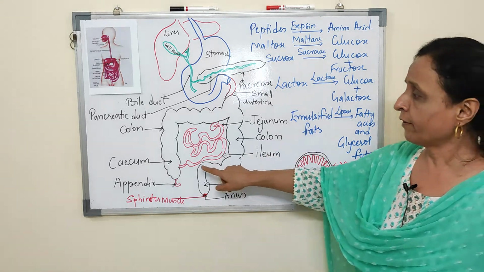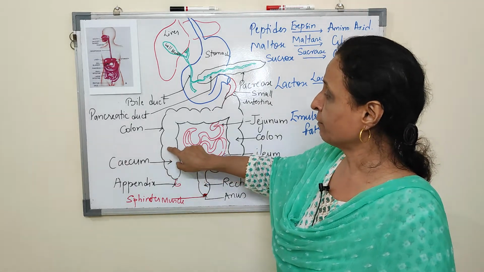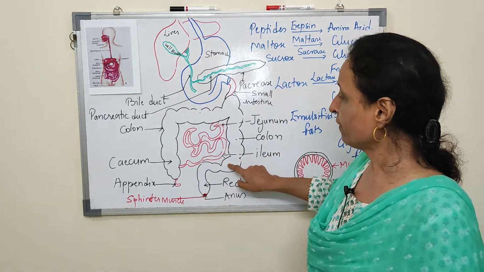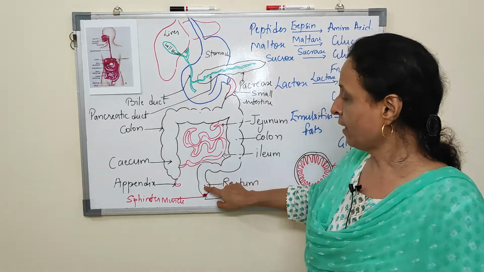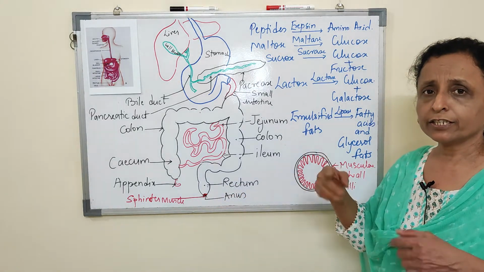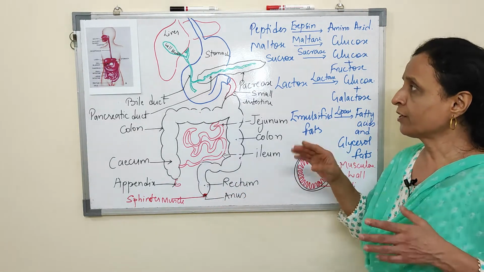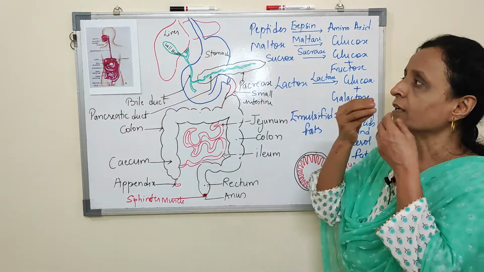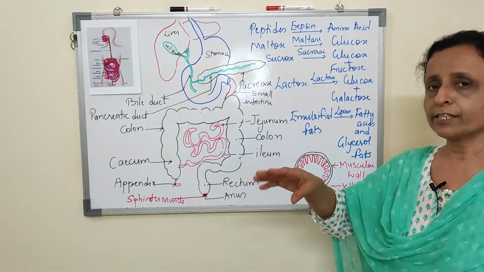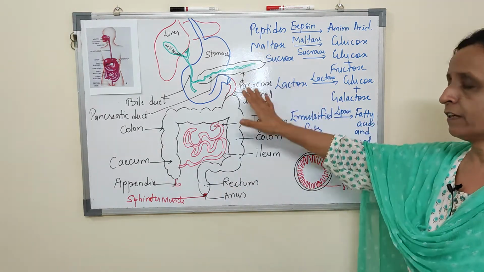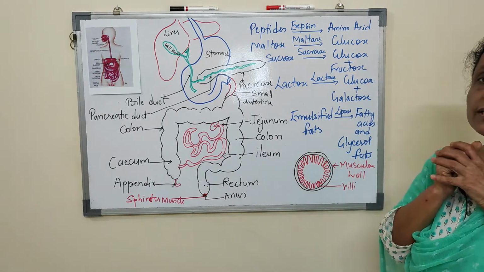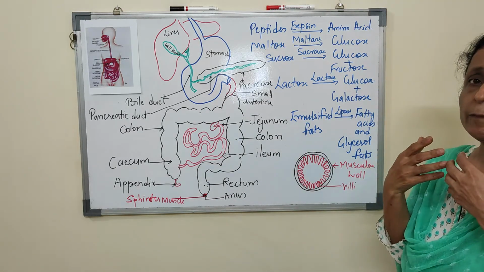And here after absorption, here it comes into cecum, colon, here the absorption takes place, and then it comes into the rectum, and then it is thrown out through the anus. So the egestion takes place. Egestion takes place. We have seen ingestion, that is taken in, and here egestion, that is thrown out. In between the digestion takes place, and absorption takes place. The food is absorbed, and then